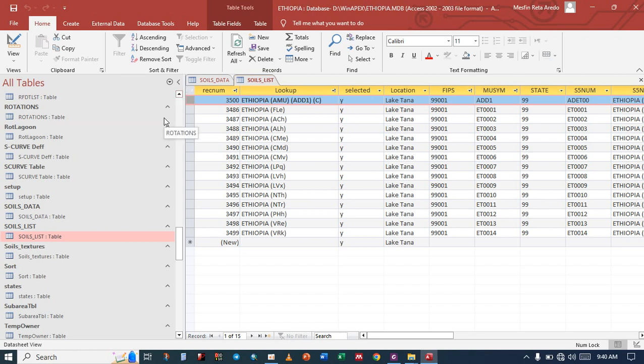Yeah. So here, you have it already, right? Yeah. Which one? Okay. So this is one thing to do. Our soil data needs to be listed in the soil list. That is one thing. And the second is